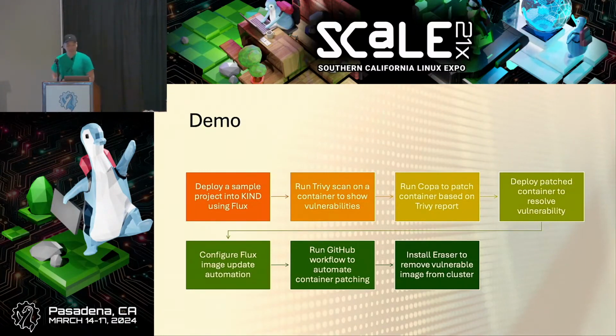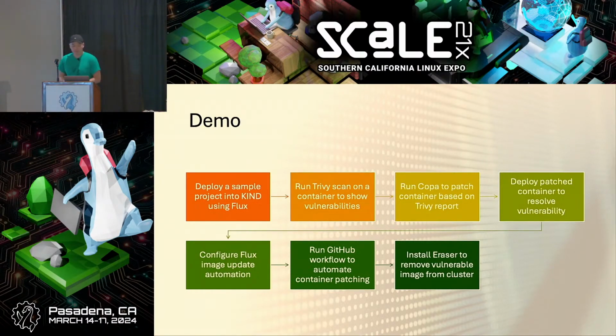What I will be doing today is I'm gonna do this live, and I said I'm gonna test the demo guide, so we'll see what happens. What we're gonna do is I'm actually going to deploy a local Kubernetes cluster using Kind. I'm gonna bootstrap that cluster using Flux CLI, and Flux CLI will deploy my demo application. And then I'm gonna run Trivy on one of the containers in my demo application, and we're gonna see a vulnerability. We're gonna use Copa to patch that container, and then I'm gonna deploy that patched container, and then, yay,